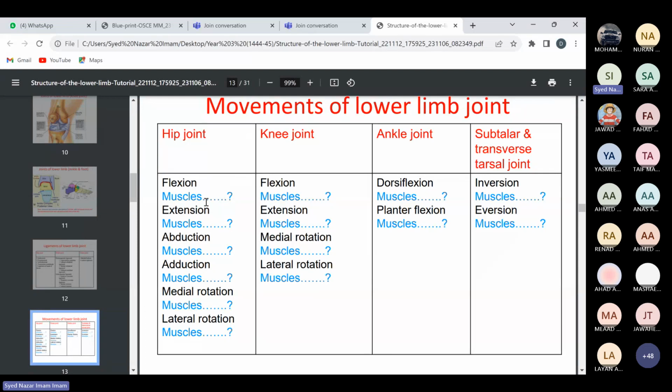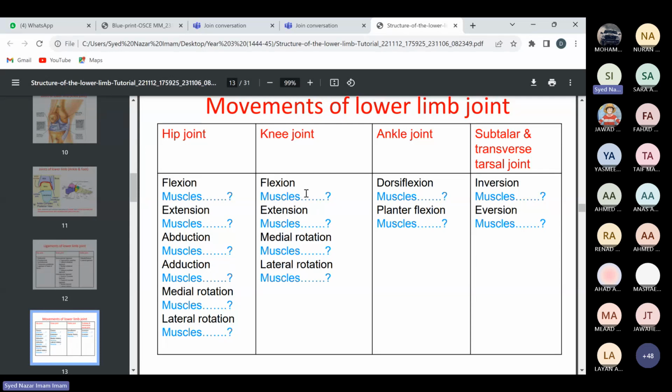For flexion, iliopsoas muscle, iliacus and psoas major. For extension, gluteus maximus. For abduction, gluteus medius and minimus. For adduction, all the adductor muscles, adductor longus, magnus, brevis, and gracilis. This will come later. Now, what for the medial rotation and what for the lateral rotation. Then for the knee joint,